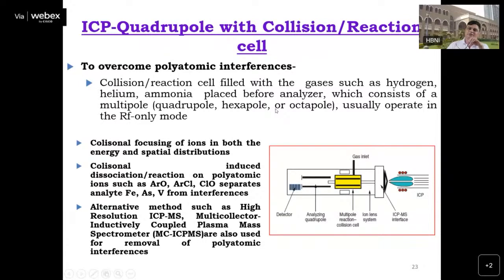By now you have understood that the separation and detection is based on the m/z ratio, and there are certain similar masses. For example, the combination of argon and oxygen has a mass number of 56, and iron is also 56. Similarly, arsenic